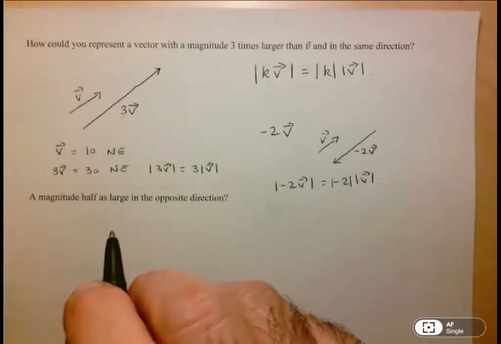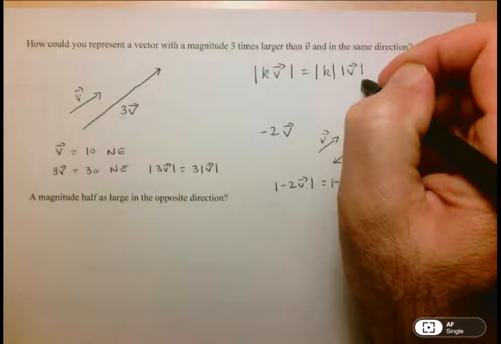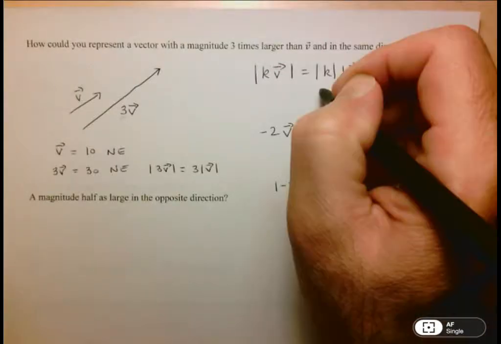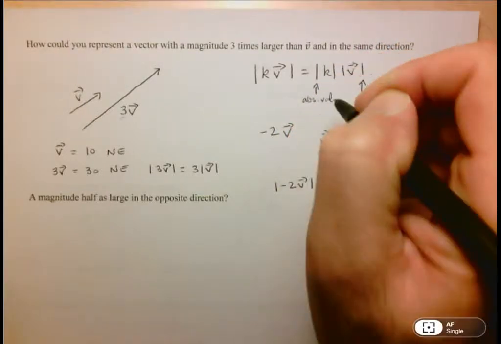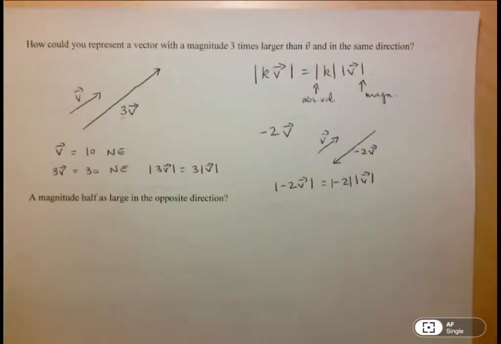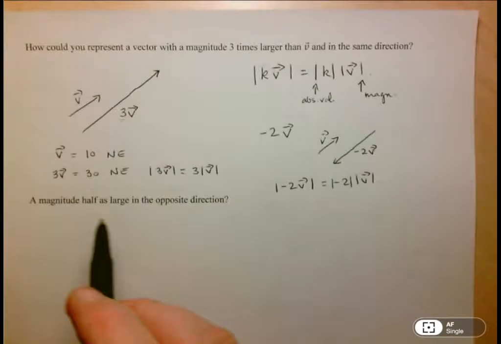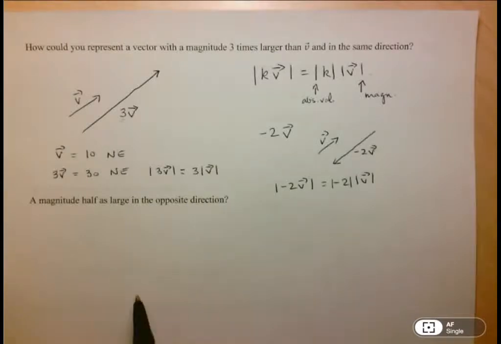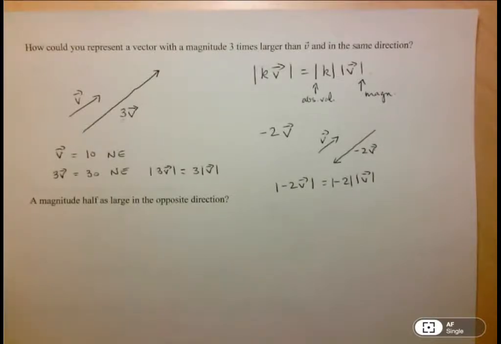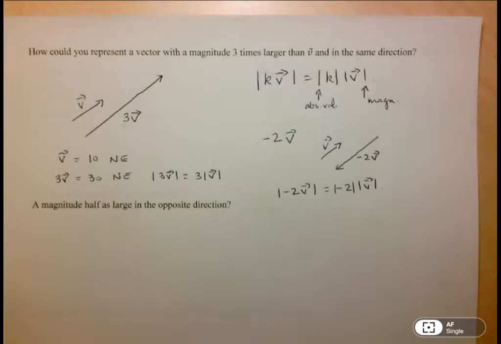But this is where we need to be careful. These symbols represent magnitude, and these symbols here represent absolute value. Okay, so we've pretty much answered this question here. I guess instead of using half as large, I use twice as large, so we can skip this here because we've essentially answered it. Okay, so this is our very first operation with a vector, except the operation is not